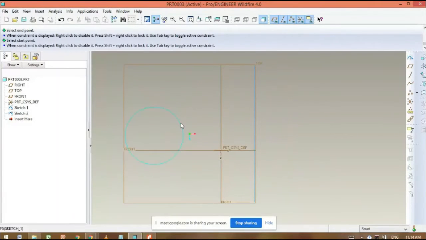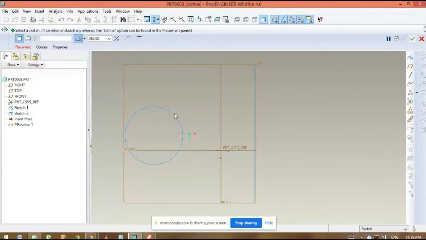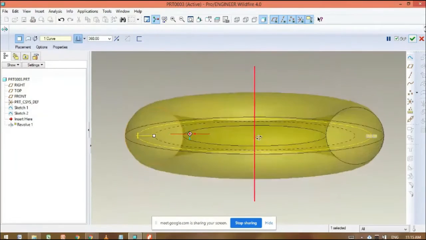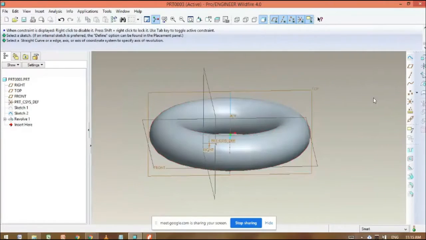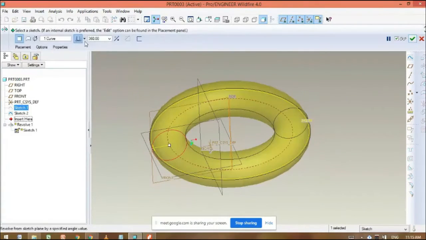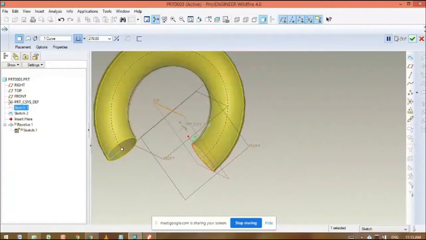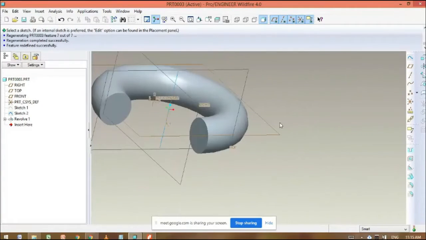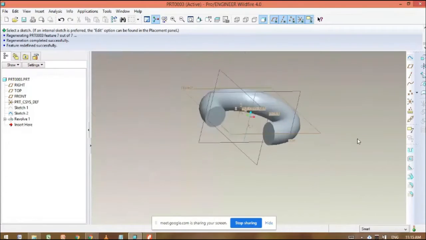So here, see, we have the sketch drawn on the top plane, and we have this default axis, and we have another axis, or another line, along which we are going to rotate this circle. So click on the revolve command, then click on the circle, then click on this line along which we are going to rotate the sketch. Clear? In the revolve command, here we can change the angle. Suppose I want 270 degrees, we can use this 270 degrees and we can draw the part. So this is the basic method.